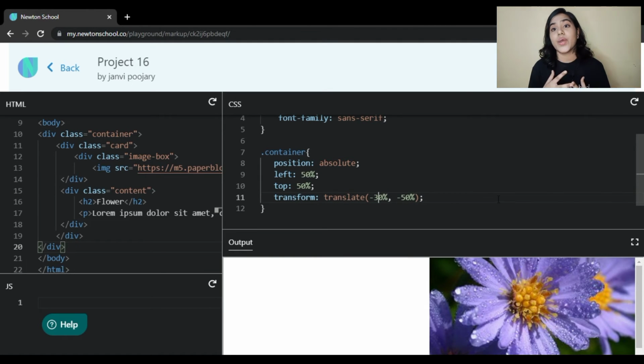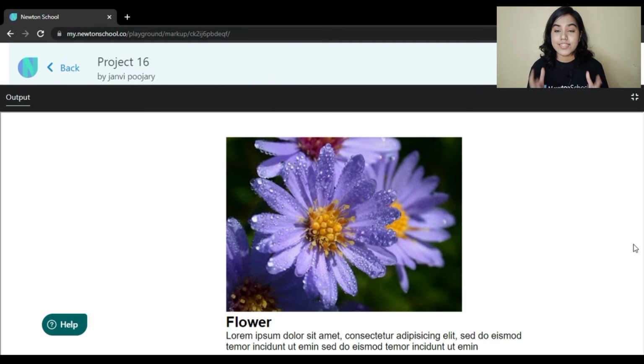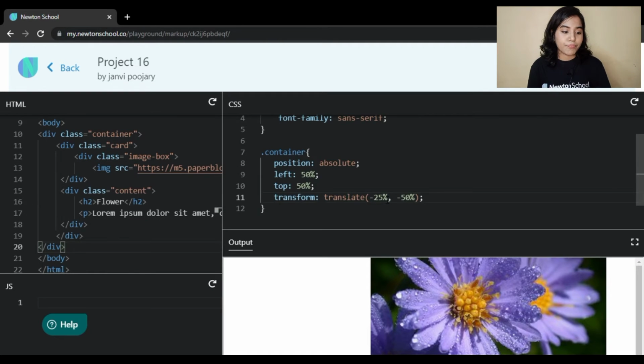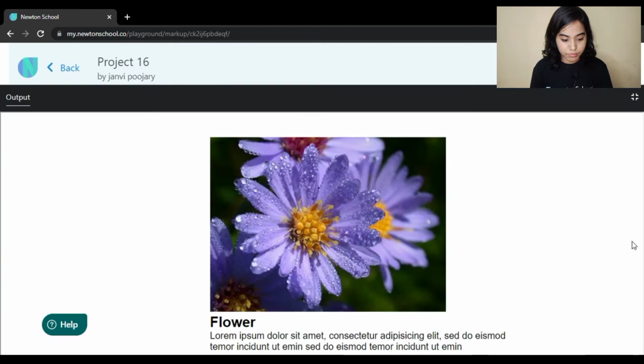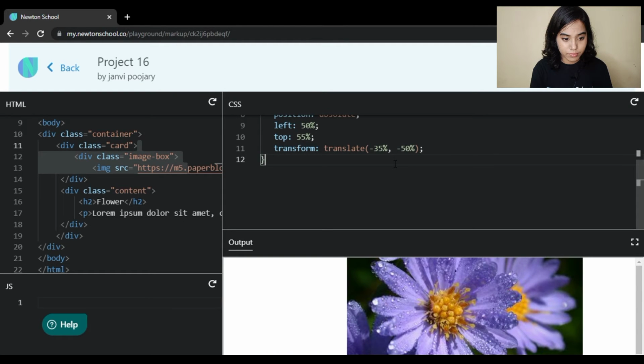That is why I have to adjust a little bit because of the size of that image. You can adjust it according to the size of your image as well. Alright, now let's see what to do next.